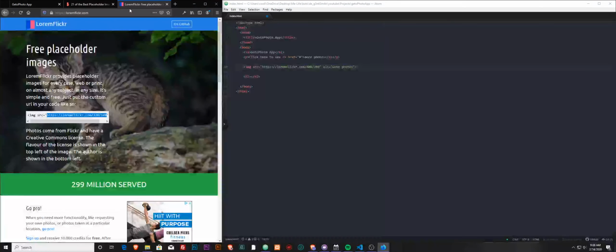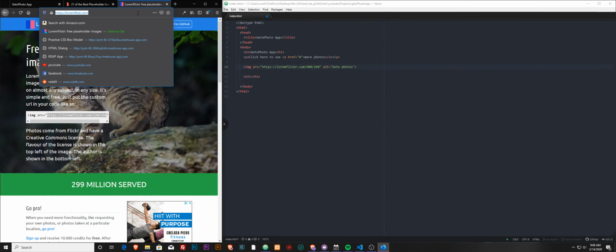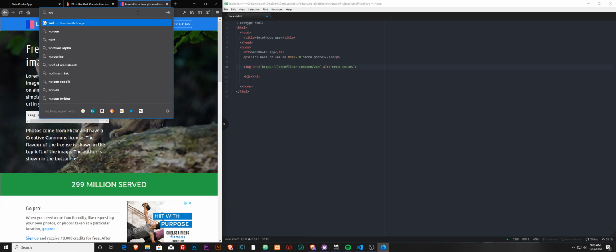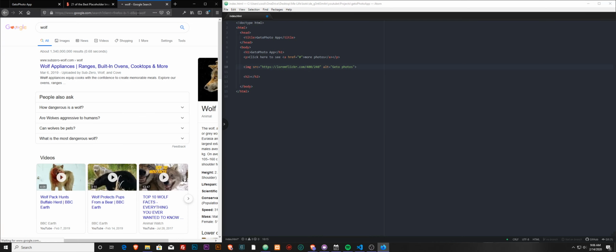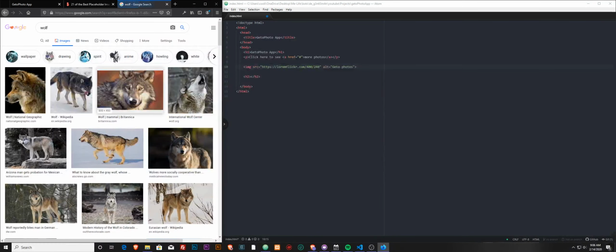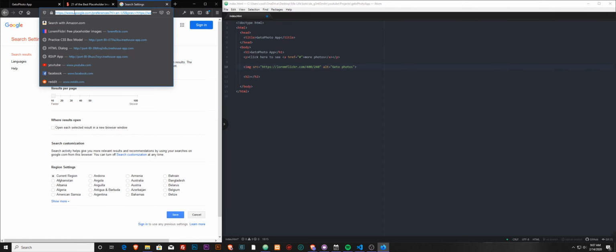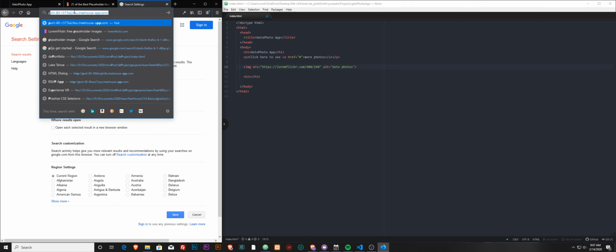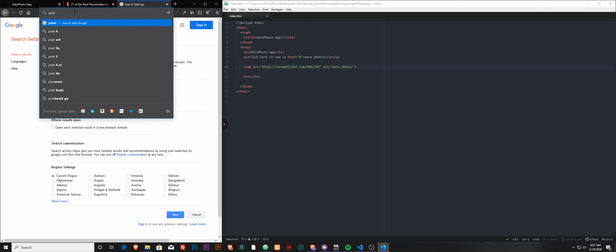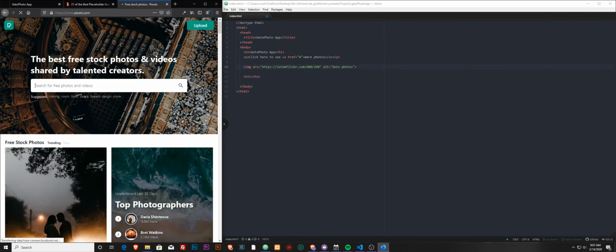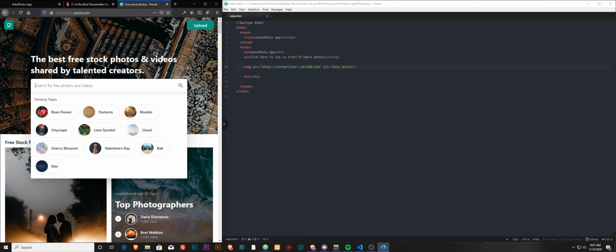Let's just look for a picture of, I don't know, wolf, that we can use. Search. Alright, let's just go to Pixel Man or something like that. Pixels. Sorry guys, I'm just not good with this. Alright,